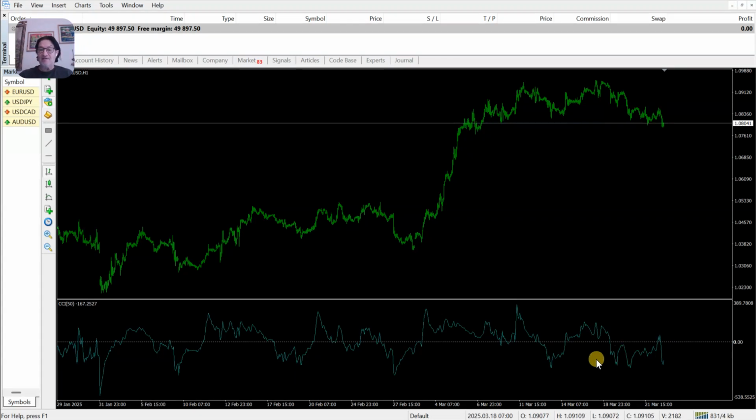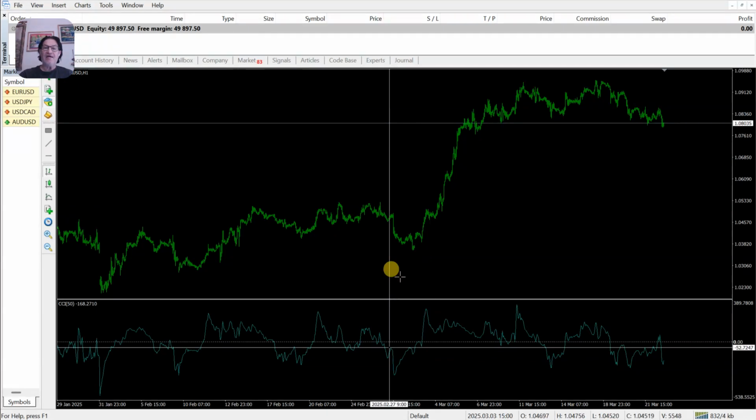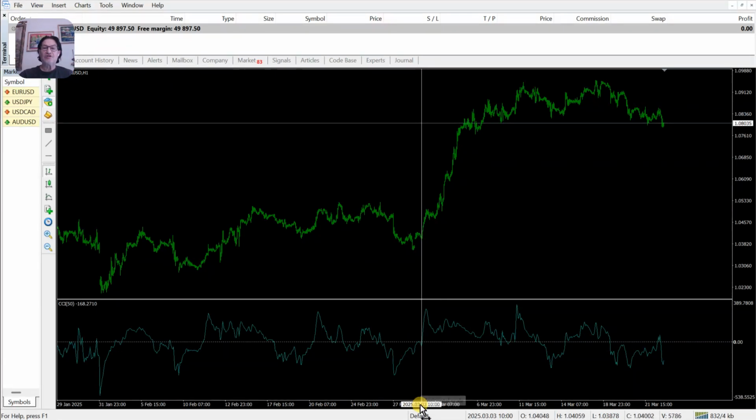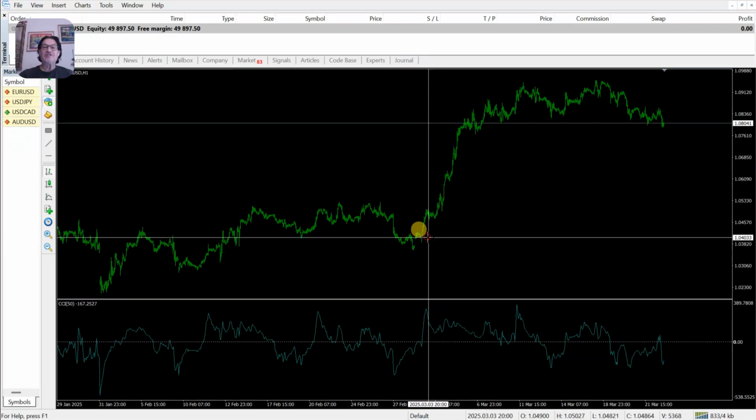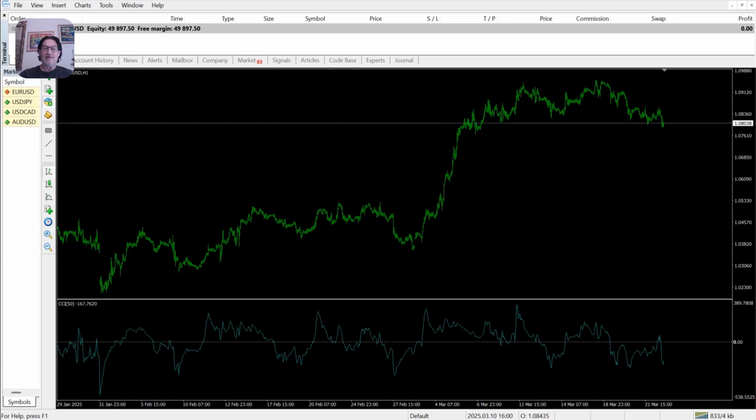So I wait until I get a signal that the CCI just went above or just went below to take my position. Does this work? Well, let's go a little bit backwards and see. Again, I'll use the crosshairs so you can confirm. Here the CCI went above the baseline. I would have taken an enter position, and I would have had a beautiful run